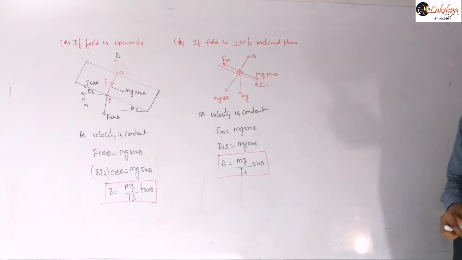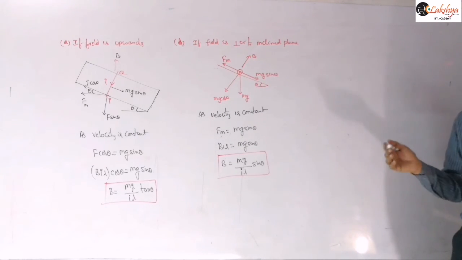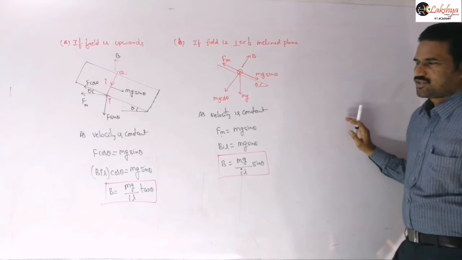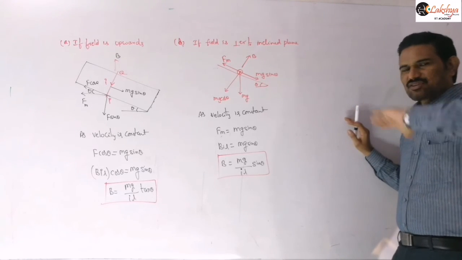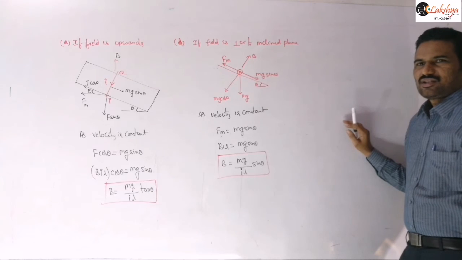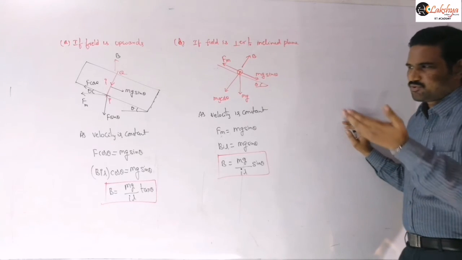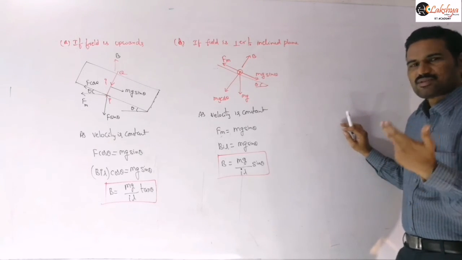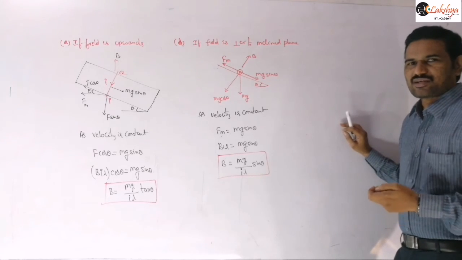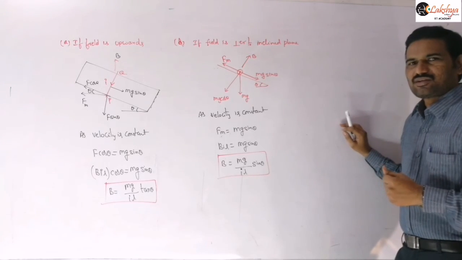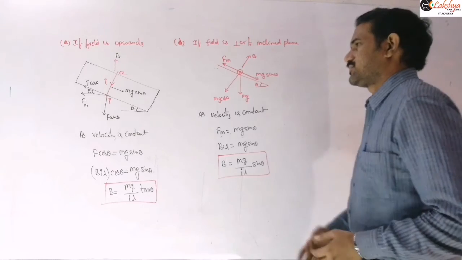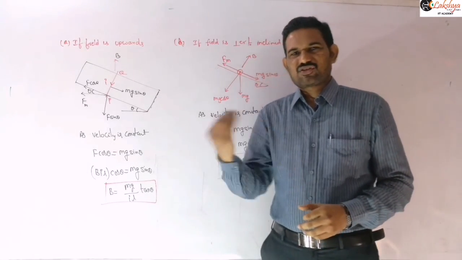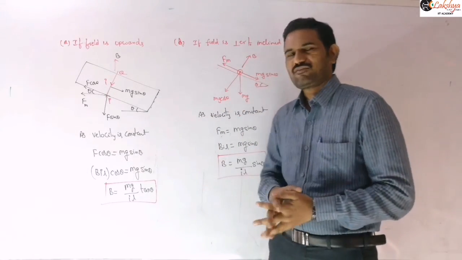And next, sometimes in problems they may include friction also, then we need to consider that friction effect here. That means when the body is sliding down, then the friction will be in the upward direction. As the body is sliding down, we need to write that frictional force as mu N. Or sometimes they may give the condition like the body is ready to slide down, then also we need to write that mu N expression there, right? Based on this, there are a few more problems related to friction and magnetic force.